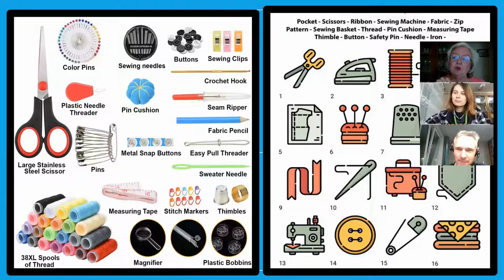So here, I'm going to point at some things, Elena, if you can say them. Maybe I won't point at everything because there are so many words, but people can see them. So what do they call these? Pins, right? So we need pins to hold the material together while we are sewing. Or maybe we would use a pattern, which could be paper, to put on the material, and we would pin the paper to the material. So it can be a noun and a verb, a pin, and to pin it.